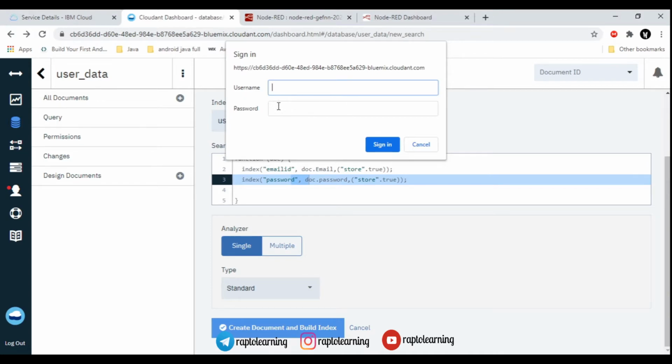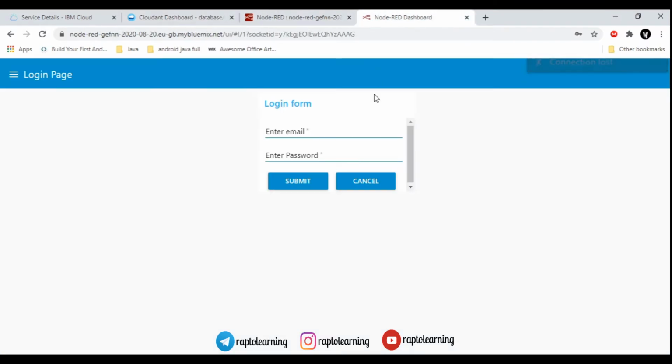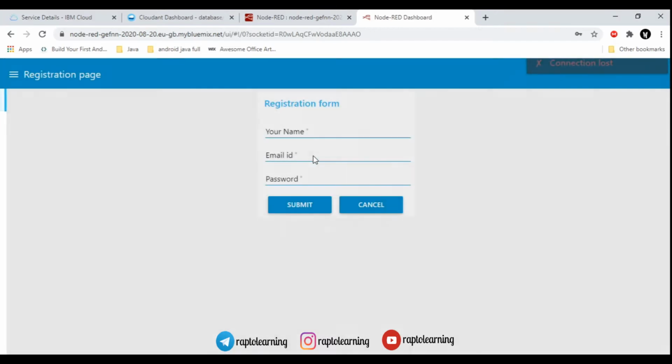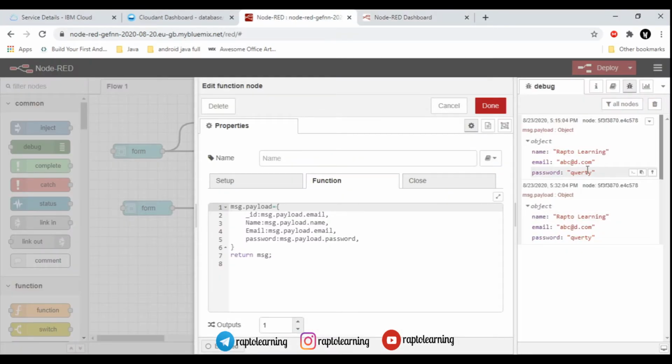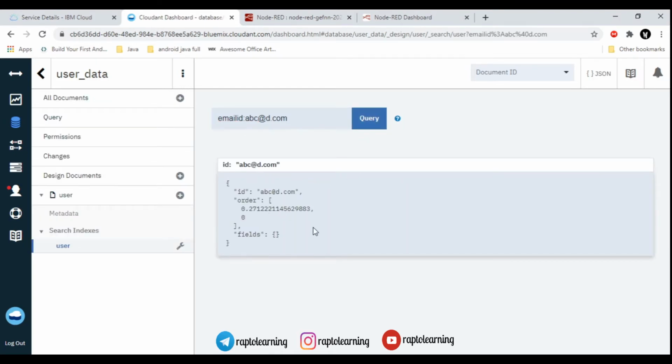It is asking me to sign in again with username and password. I will make sure that you do not get this error, and I have mentioned how to get your username and password. So I have logged into my cloud again, and when you save this, you will get this window, that is the email id and the registration page where you mentioned email id in your previous code. I will type 2-3 extra email ids in registration. That means I am going to type some registrations again and again in this form.